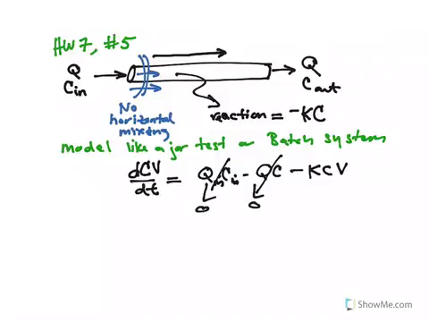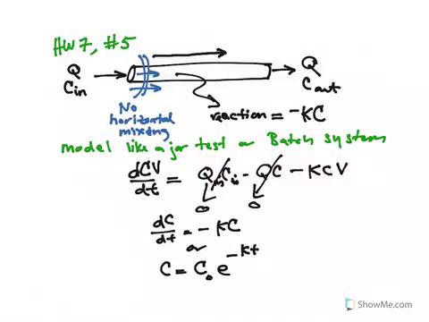Set this to 0. And so then dC/dt is equal to negative Kc, or C is equal to C initial e to the negative Kt. Well, for a plug flow reactor,